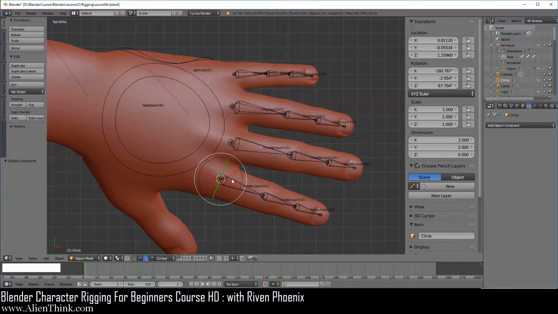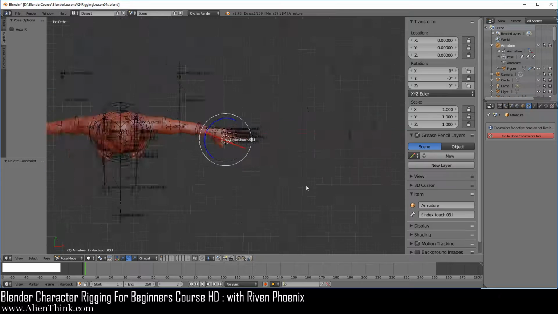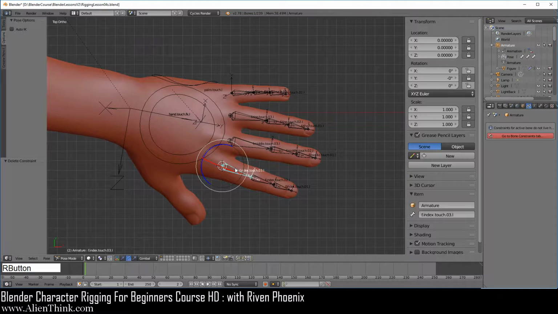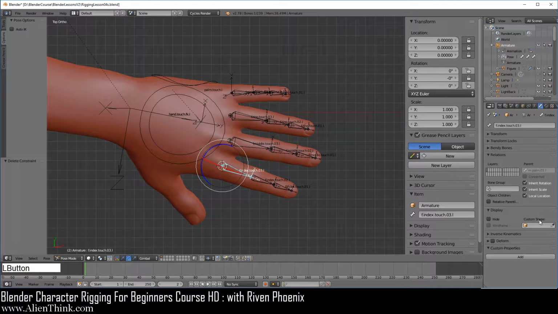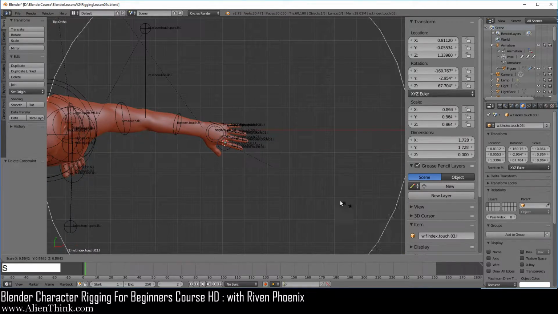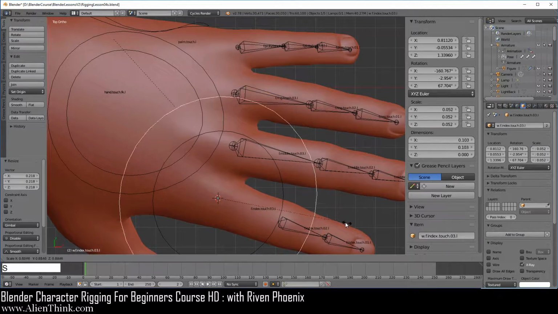Now I'm going to zoom back in and actually click over here, do Control C to copy this name, zoom back out, click over here, type in W dot, do Control V and enter. Right now do Control C. Go ahead and go back in, click over here, go to the bone, and of course just do Control V over here. Now go ahead and scroll back out, click on this, press the S key and scale it down over here, and of course make sure that the X-ray is enabled.